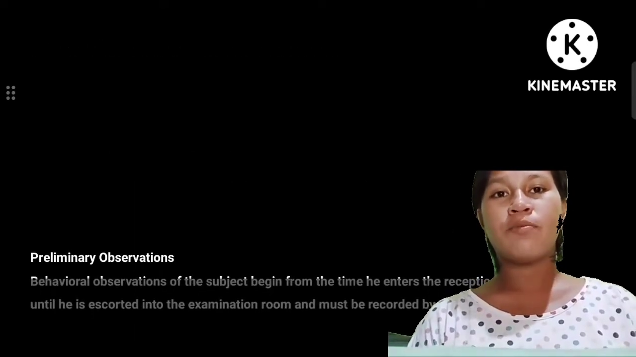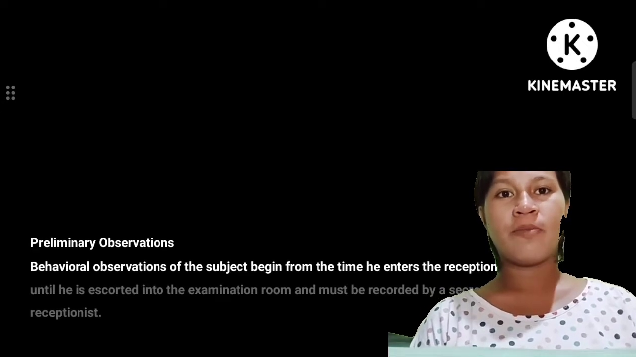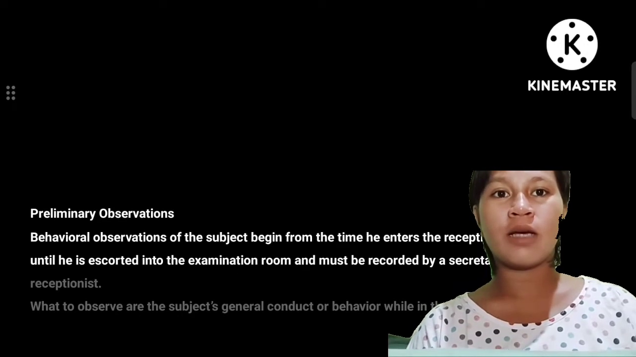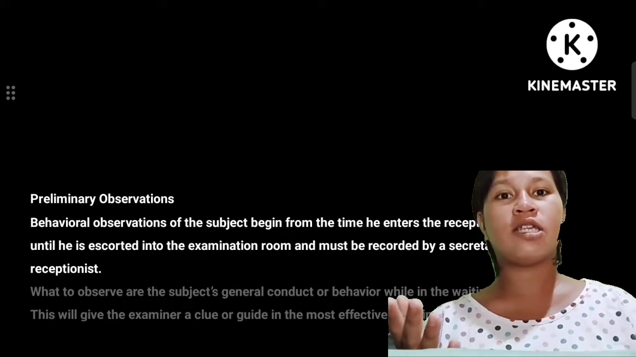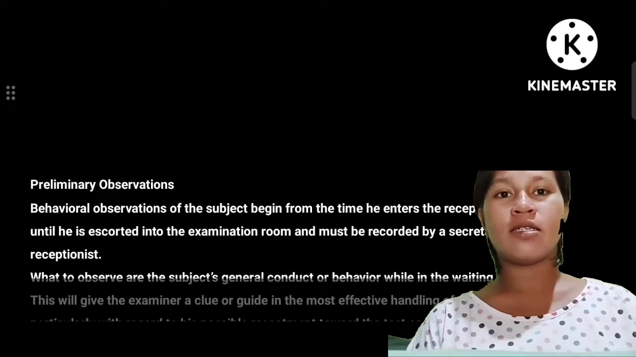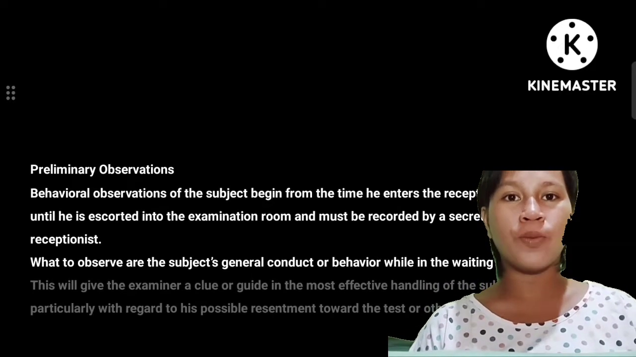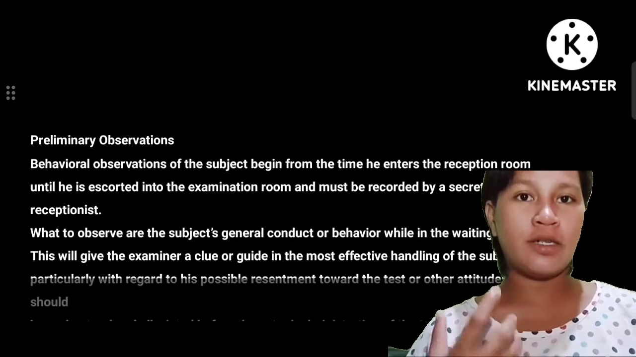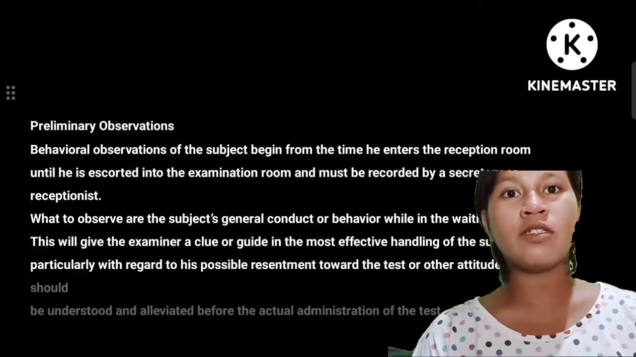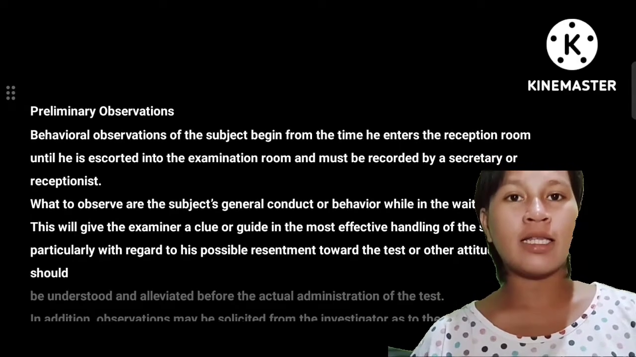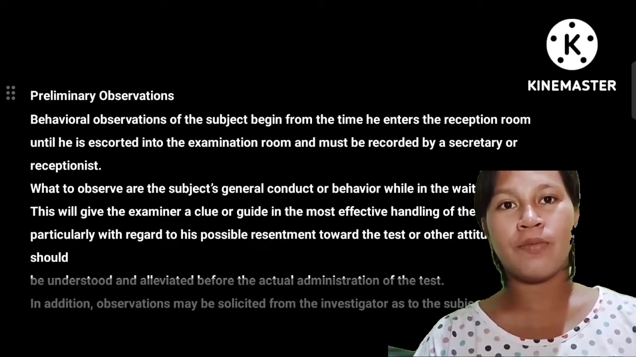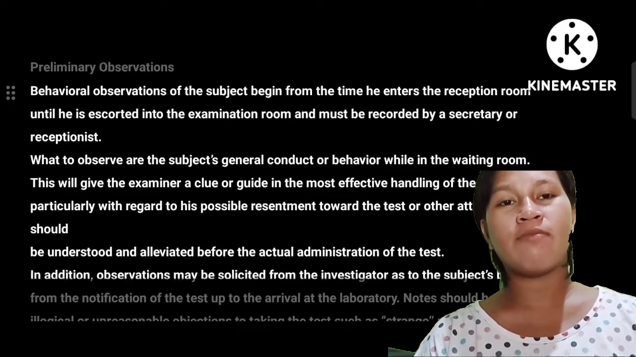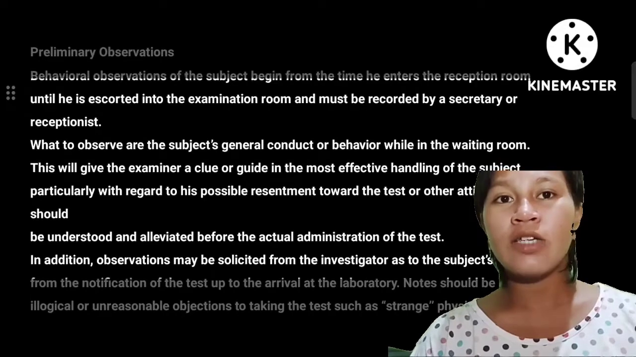There is what we call preliminary observations. These are behavioral observations of the subject, beginning from the time he enters the reception room until he is escorted into the examination room, and must be recorded by a secretary or receptionist. There are certain things to be observed on the subject's general conduct or behavior while in the waiting room. This will give the examiner a clue or guide in the most effective handling of the subject, particularly with regard